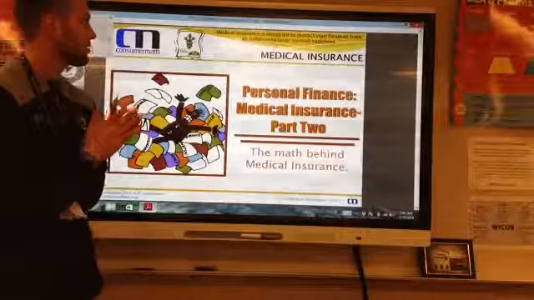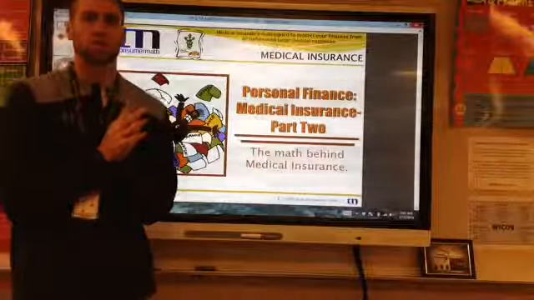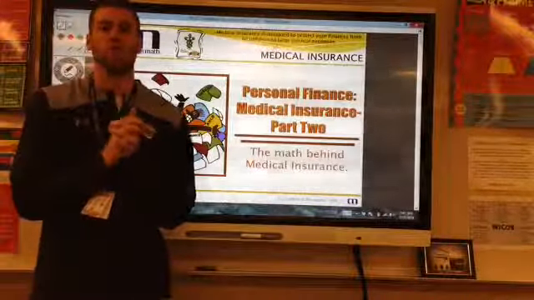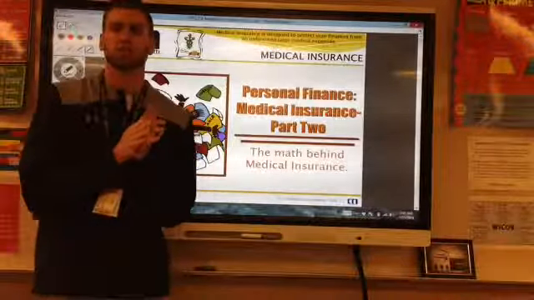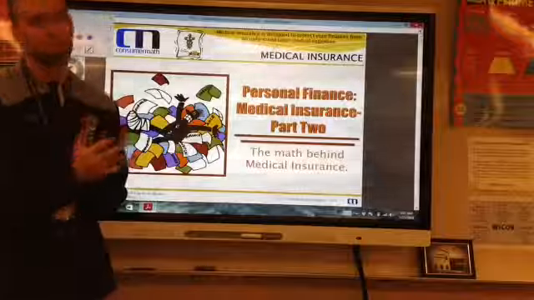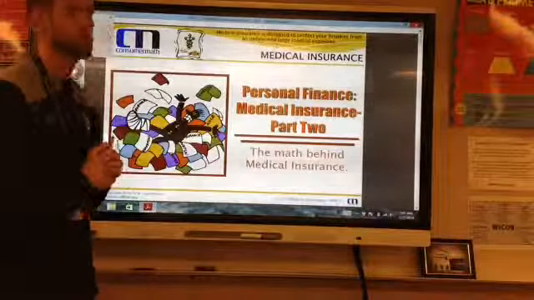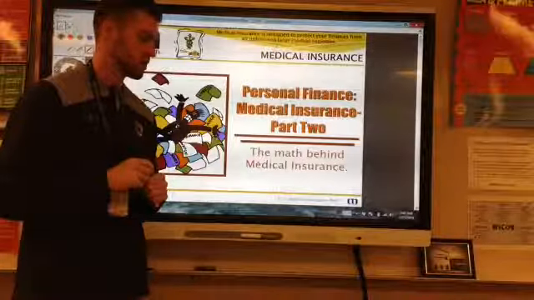So today we're talking about lesson 7.2. It still deals with medical insurance, health insurance, however you want to describe that. And we're going to get to the actual math behind it. Yesterday was a lot of definitions, just understanding what premiums were, deductibles, co-payments, all that kind of stuff. Today we're going to get to the actual math behind how we are going to do this